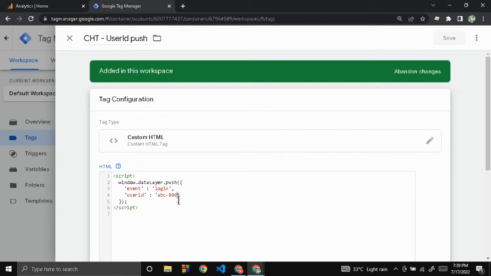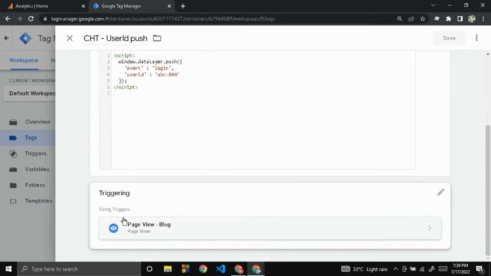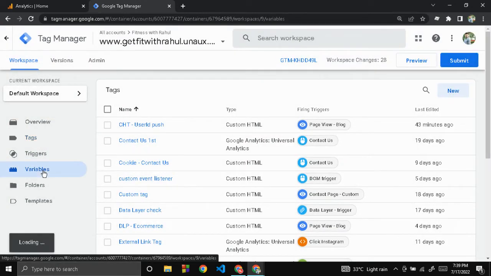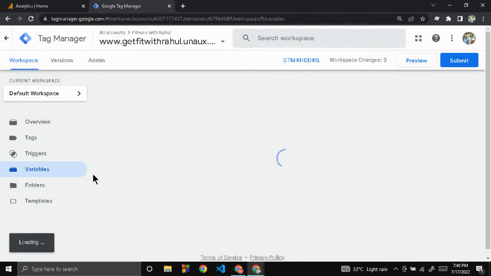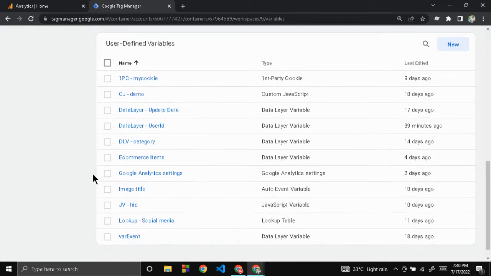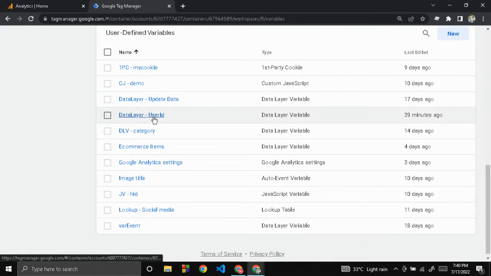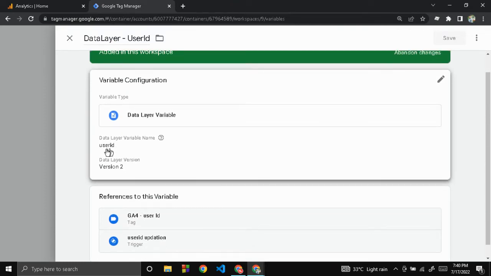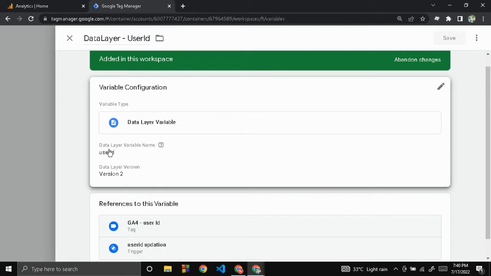So we have passed this abc000 as our user ID, and we have a blog page. Whenever the blog page is clicked, this data layer will get pushed, and we have created a variable for this, dataLayer.userId. So we have linked it with our user ID. As soon as the user ID gets pushed to the data layer,